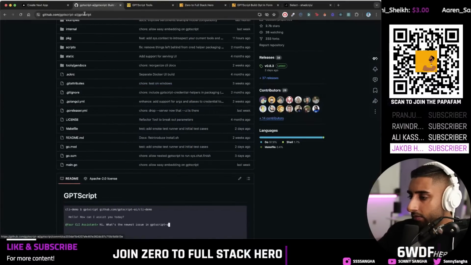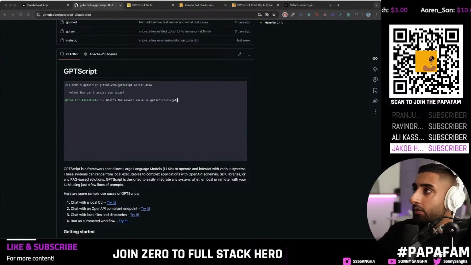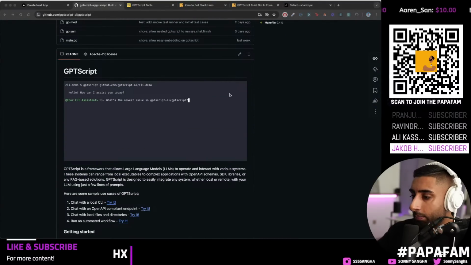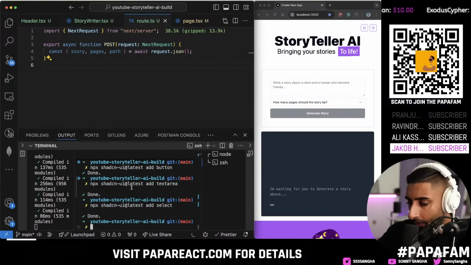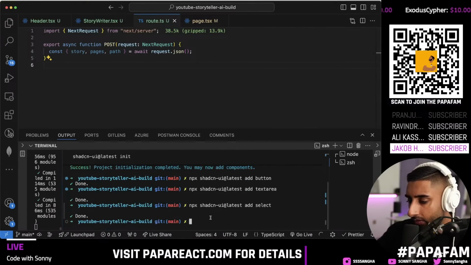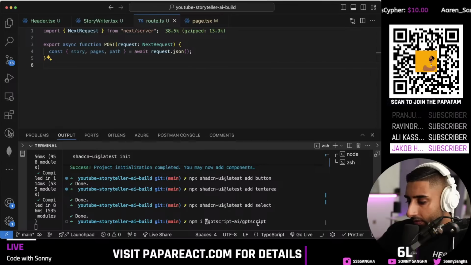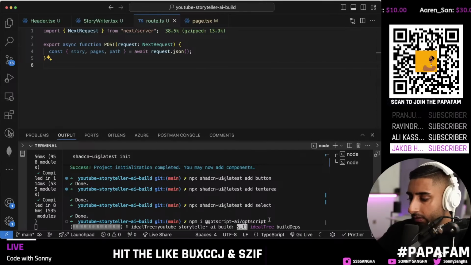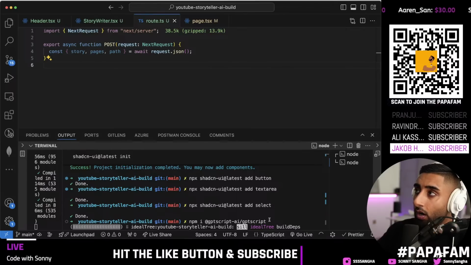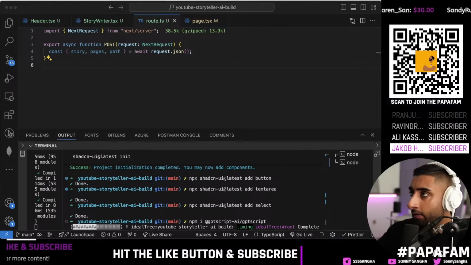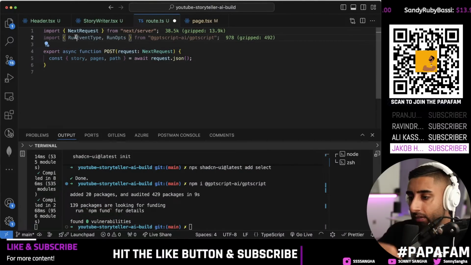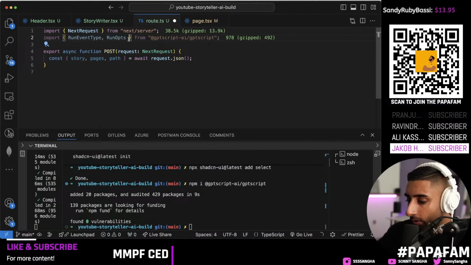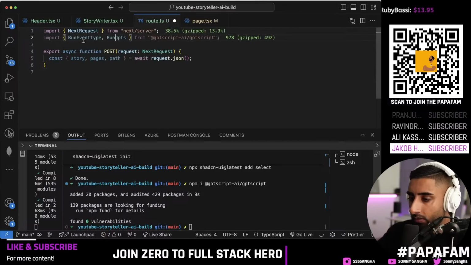In this case, the first thing we need to do is install GPTScript into our project. So heading over to our code, I'm going to pop this open and I want you to pay attention down here. We're going to do npm i @gptscript-ai/gptscript. This is going to install GPTScript into our project. Okay, then we're going to pull it in like so. We're going to pull two things, RunEventType and RunOpts. These are actually two type definitions from